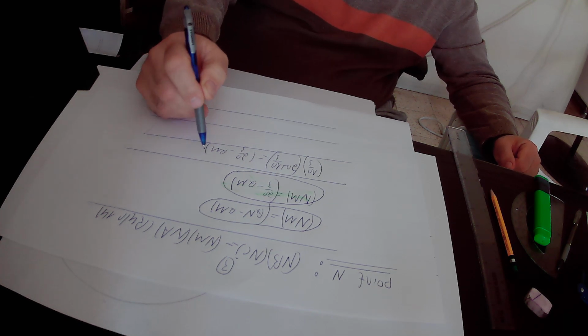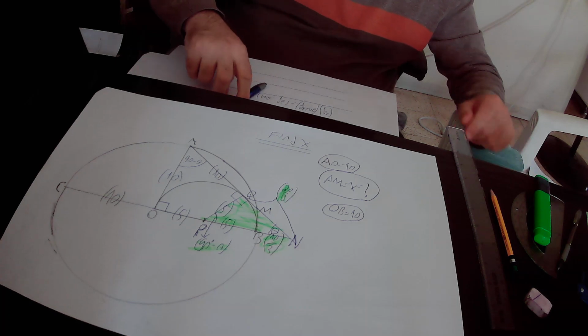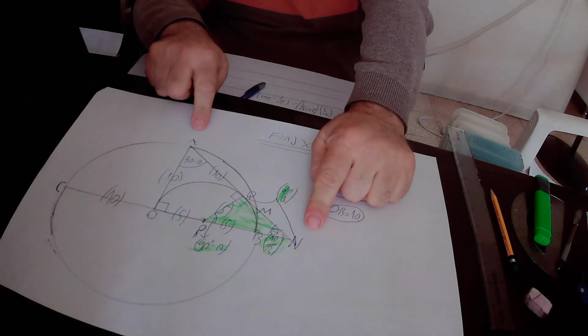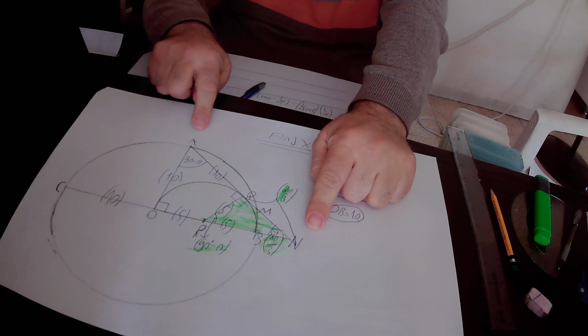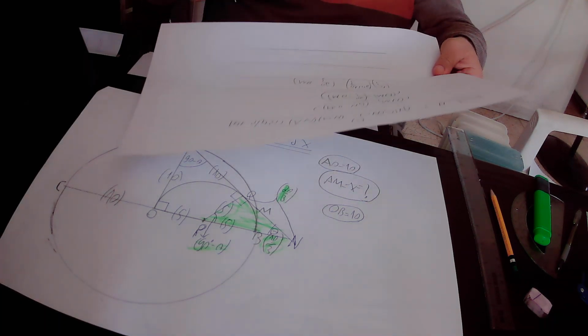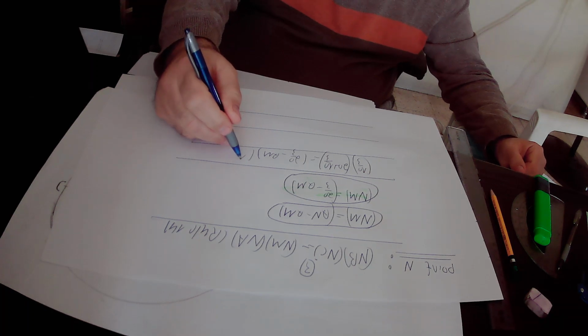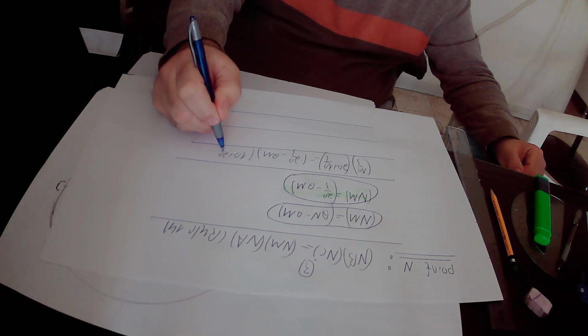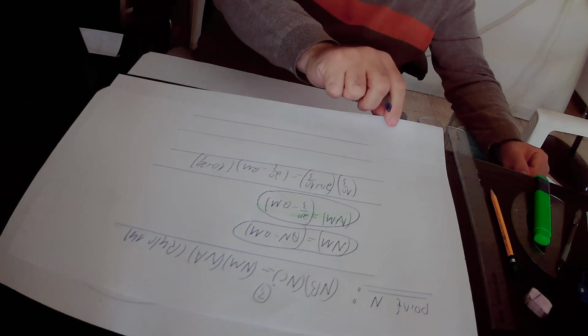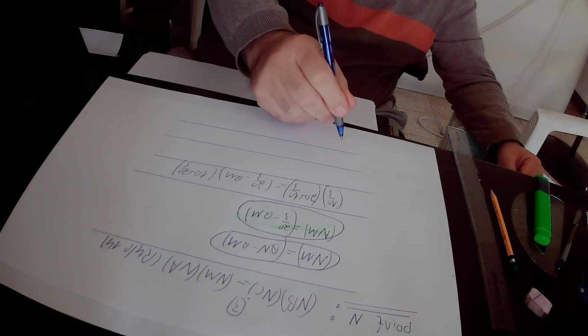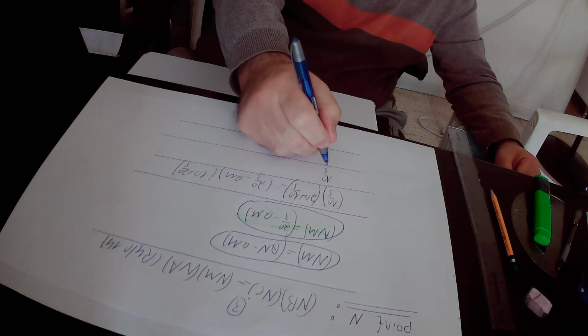Times NA. What is the length of line segment NA? NA or AN, it is the same. AN equals AQ plus QN. So AN equals AQ, that is 10, plus QN, that is 20 over 3. So in total, AN equals 10 plus 20 over 3. Repeat again, NA equals 10 plus 20 over 3 units in length. So we found out that according to rule number 14, 10 over 3